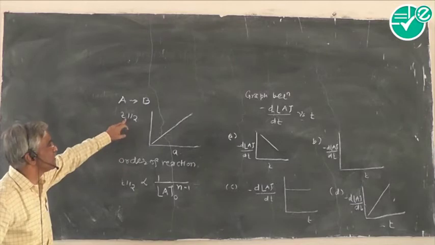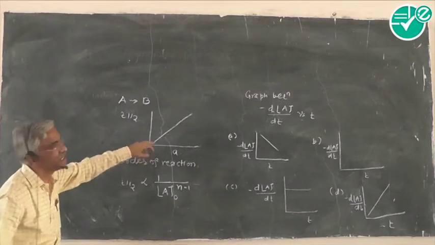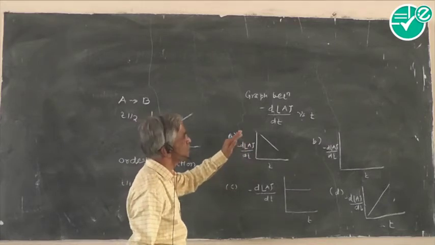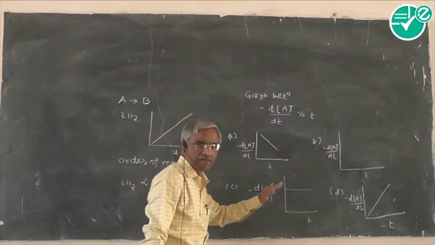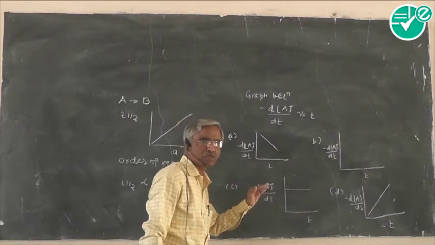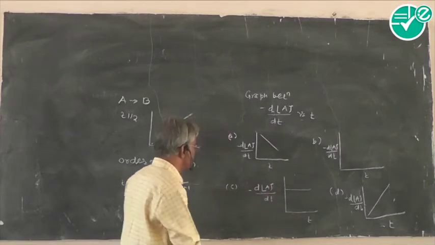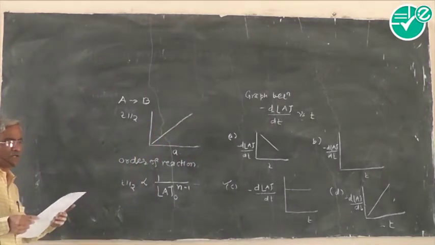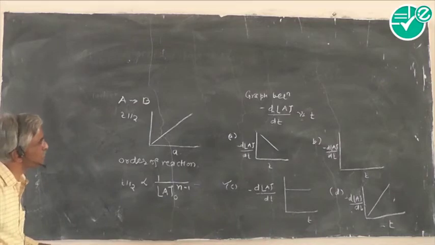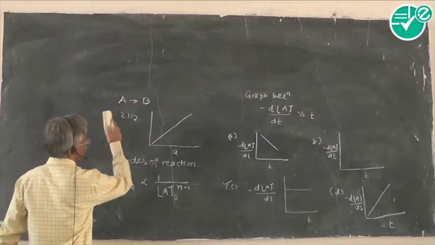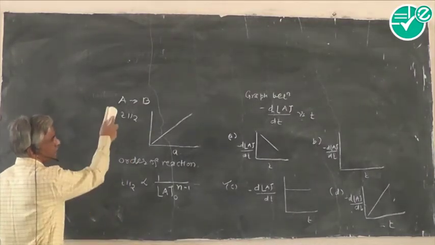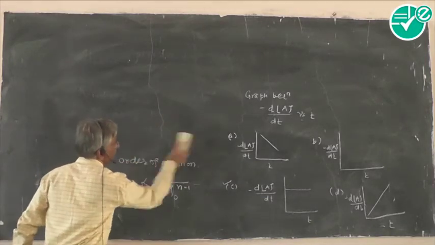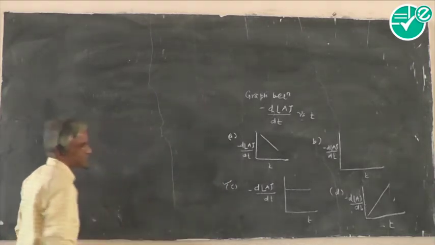Once you understand the graph is given for a zero order reaction, then we can judge what the nature of the graph should be for the rate of reaction with respect to time. The rate of reaction with respect to time is always constant for zero order. Therefore, the correct answer should be like that. In CET sometimes they have given different types of such objectives, but here they are indirectly asking, giving one graph and then asking about another type of graph. So this is one example.